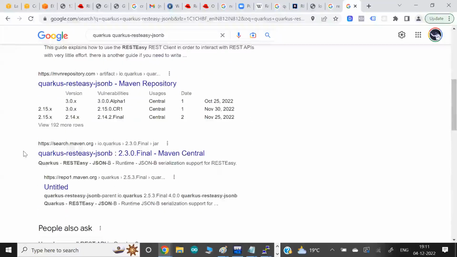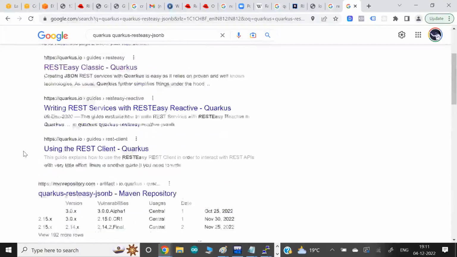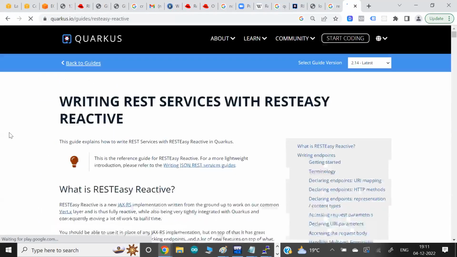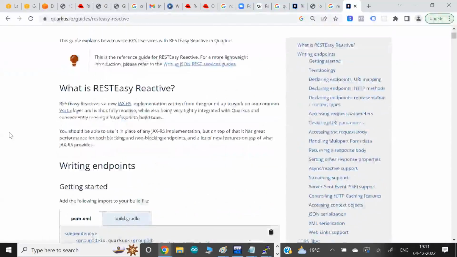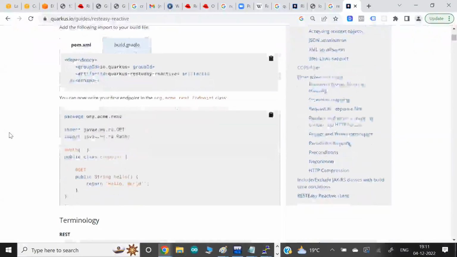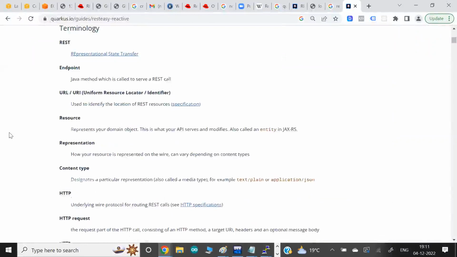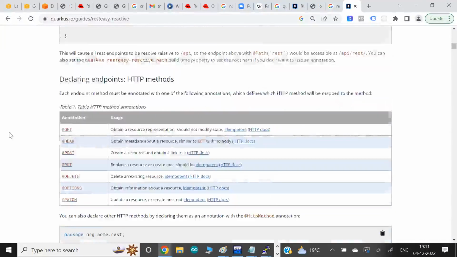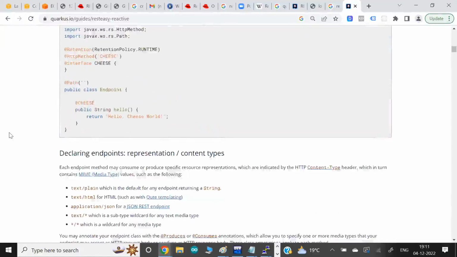Maybe somewhere you can search with another keyword: a Quarkus library that will help us to create the JSON code.